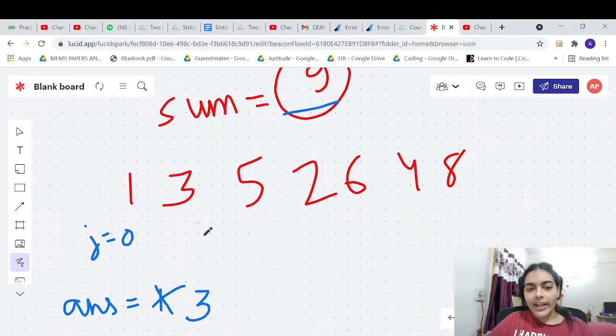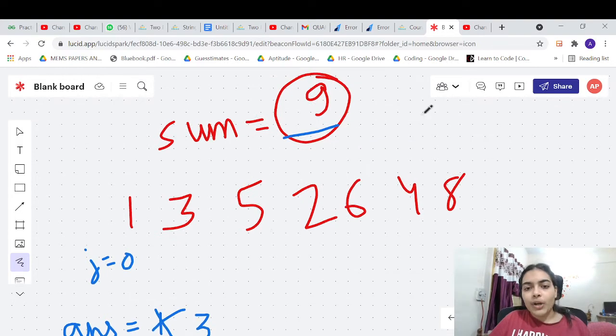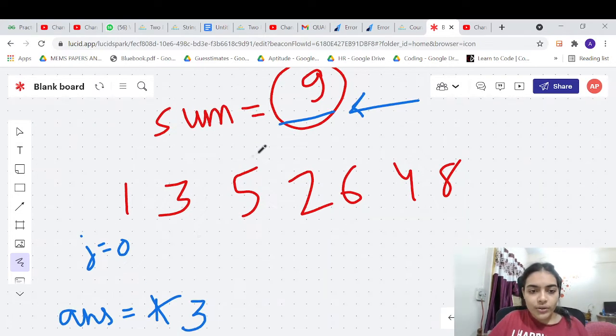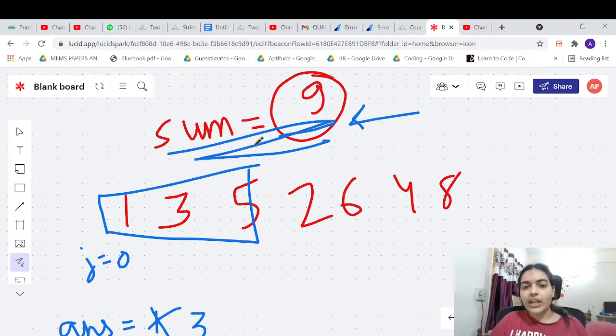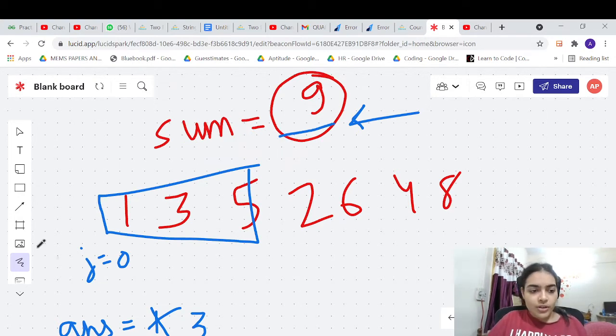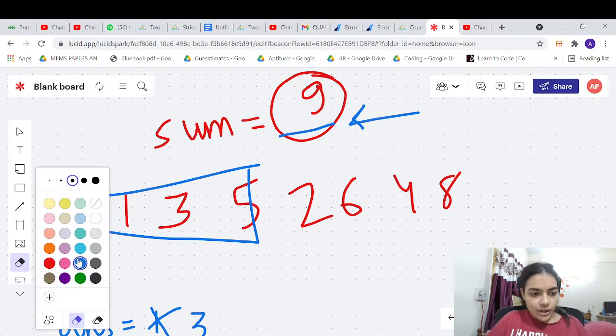So what do you have to do? All elements are positive, right? You cannot take a subarray by simply increasing I. So now you need to reduce the sum because you have crossed the threshold. How can you reduce the sum? You have this particular subarray which is not meeting your conditions. You need to reduce your sum. So you can remove the first element, right? You need to remove the first element. So you'll remove the first element. Now j is equal to 1.